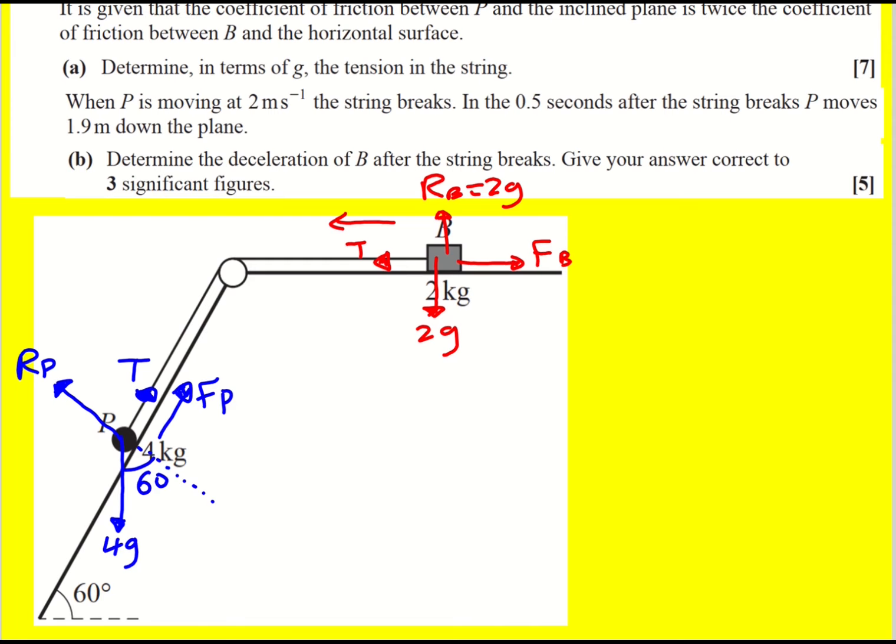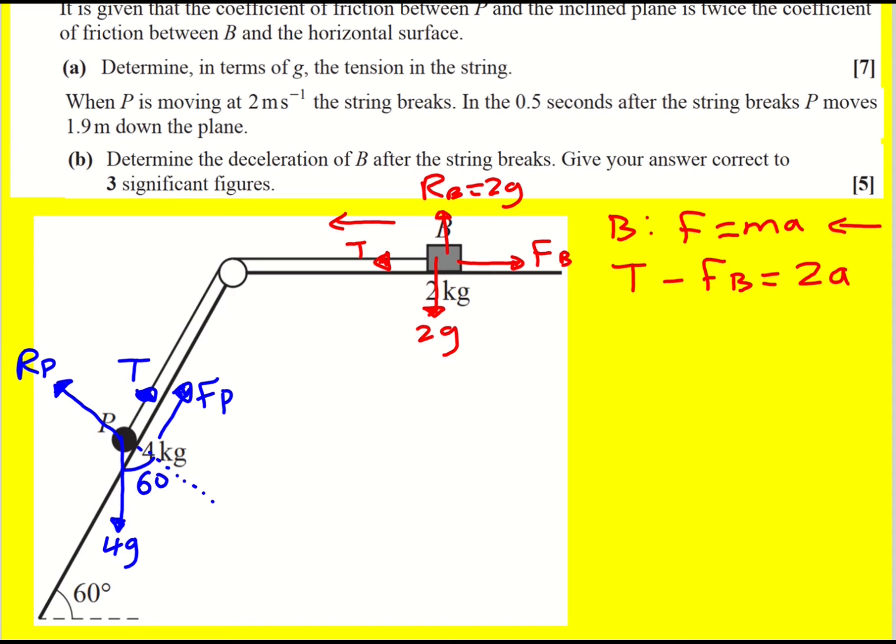Now we know it's moving to the left, so what I'm going to do is look at B first of all. That is the simplest system, to be fair, because there are not as many components to consider. There are horizontal forces, that's what's going to be causing it to accelerate to the left. So I'm going to apply F equals ma to the left. And that means that T minus FB is going to equal